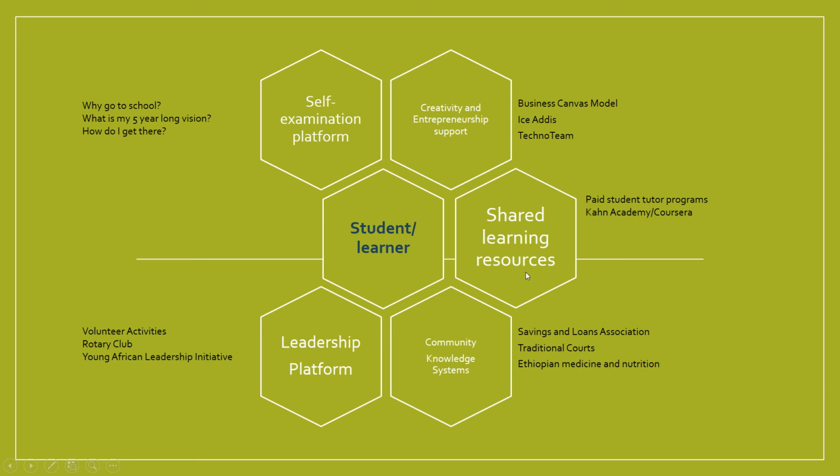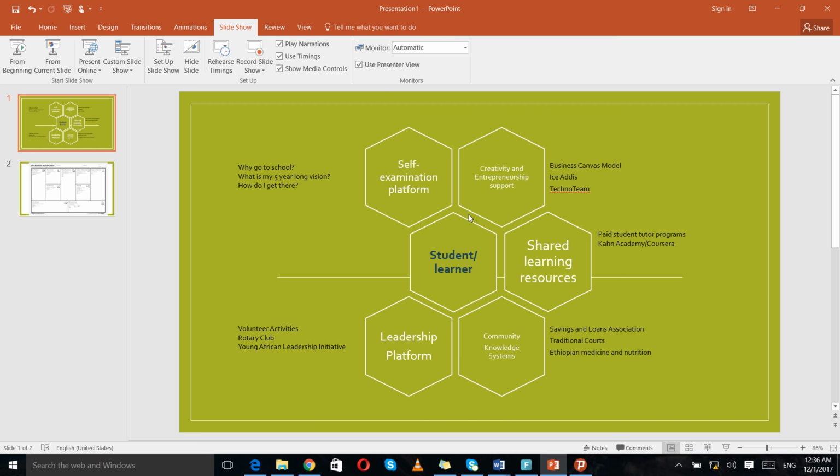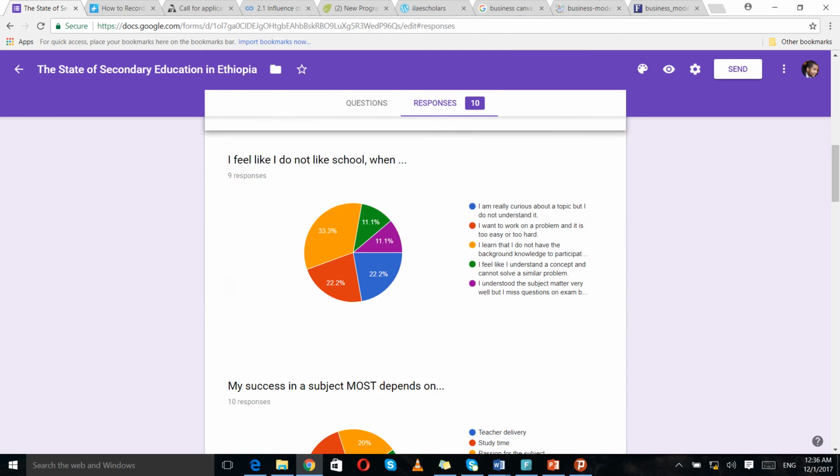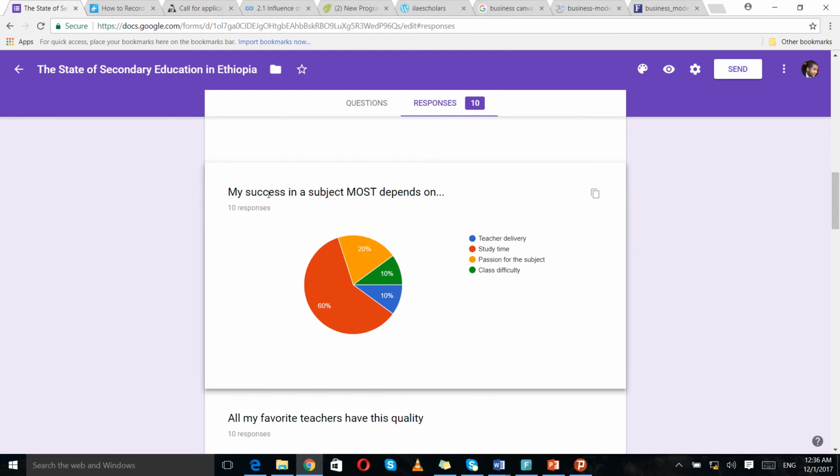The third thing I want to talk about is shared learning resources, right? So, for example, students will succeed when they are able to have access to tutoring, self-learning, all these resources and spaces, right? One of the responses that I garnered is the following, right? Students responded to the question, my success in a subject most depends on, and you see that 60% is study time, right? And this is granted, this is a small sample. Maybe I have to do the survey again to show you what would be a more accurate response. But based on this response, we could see